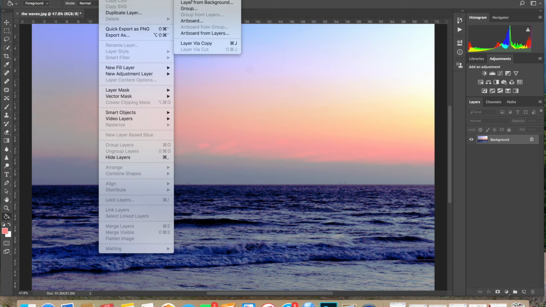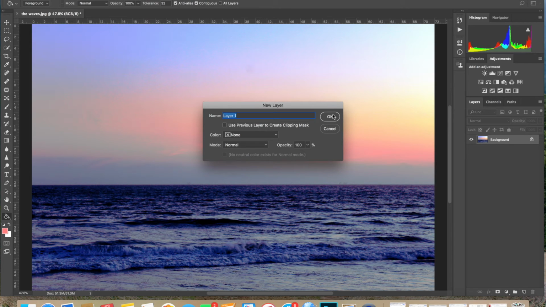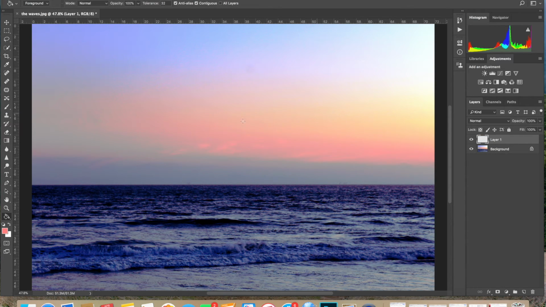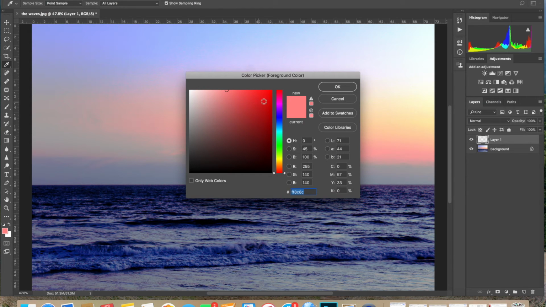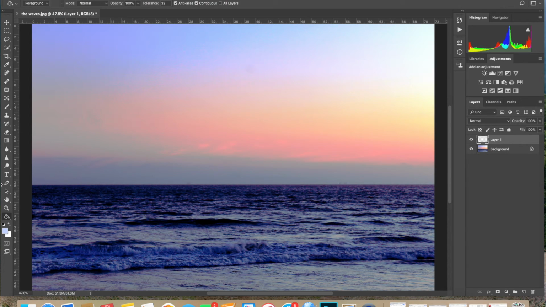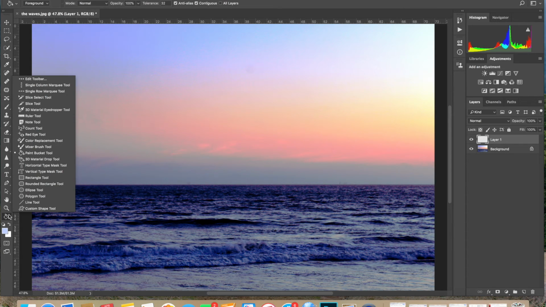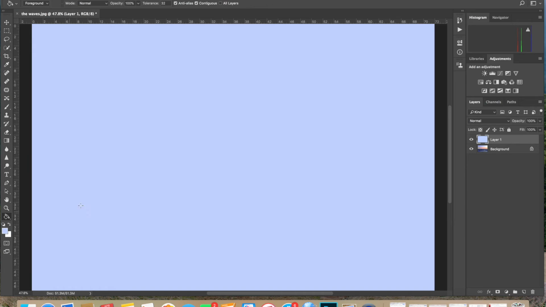So first we want to create a new layer. So you can name your layers, but we're just going to keep this the name of our layer. So then you come in here and you pick a color of the filter you might want to do. So let's do a light blue. And then you go to the fill tool and click on it. So it's going to look kind of freaky at first, but then you go up here